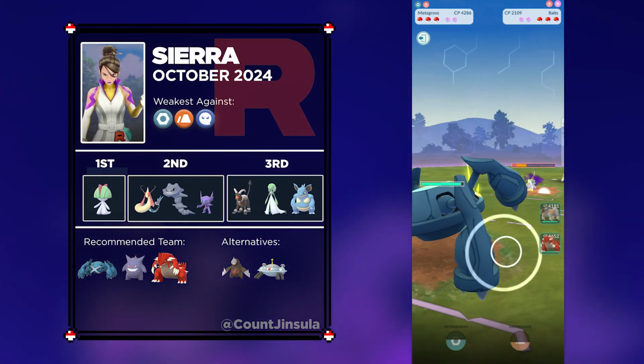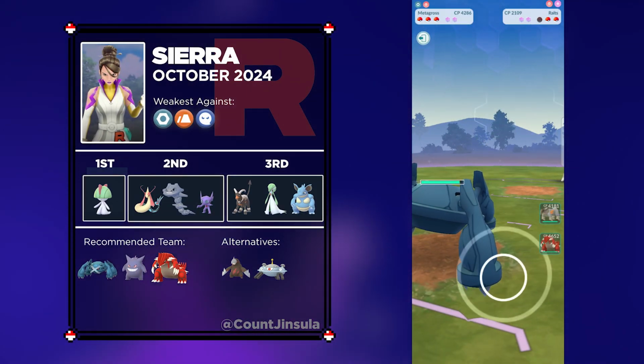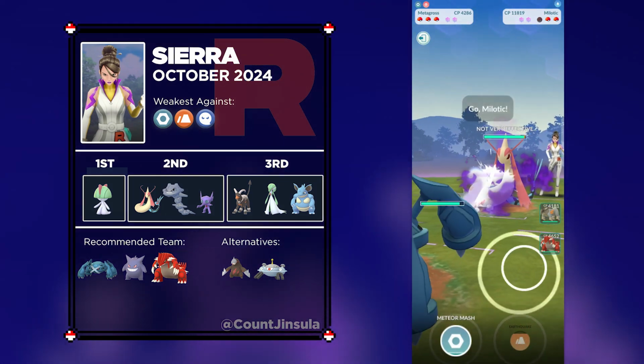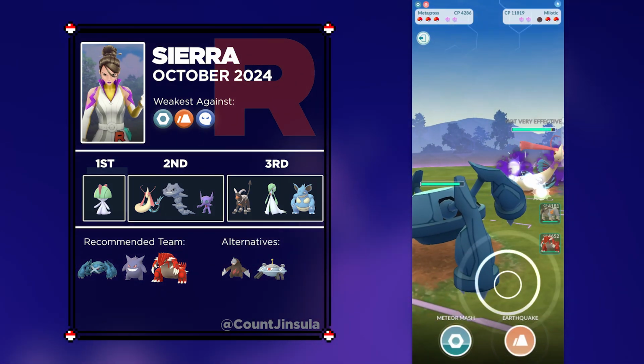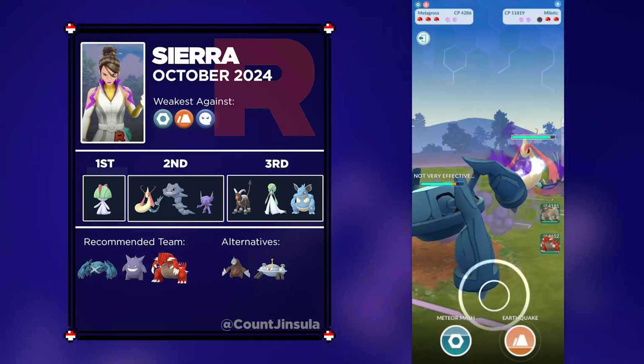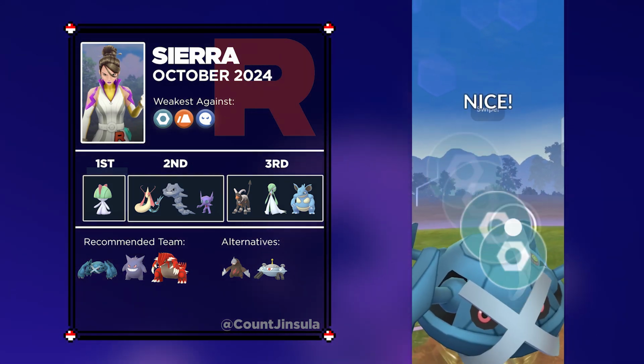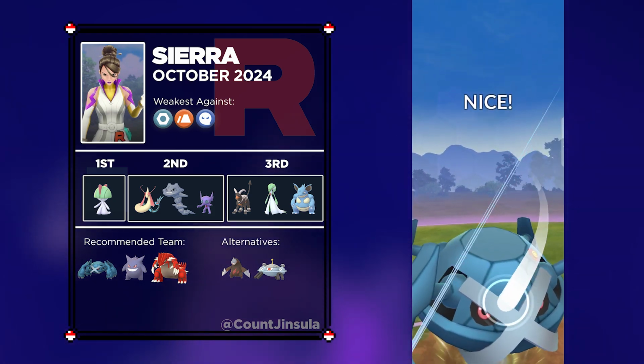Gardevoir especially, that's going to be your biggest threat within her lineup. So I suggest a team that consists of Metagross, Gengar, and Groudon, and the reason why I suggest these Pokemon is because they give you the most type coverage. The one Pokemon you will want to watch out for with this team is going to be Milotic, so a